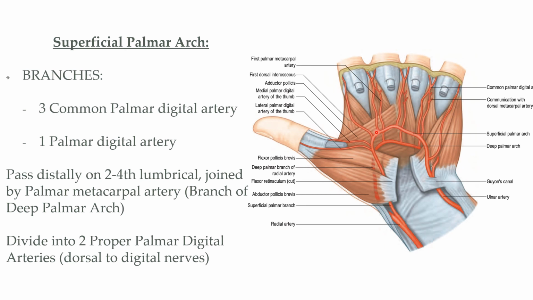Now this illustration is to show you the branches from superficial and deep palmar arch. This is superficial palmar arch. From the superficial palmar arch, this is common palmar digital artery, and this is deep palmar arch, partially seen, from which palmar metacarpal arteries are arising, and you can see these palmar metacarpal arteries uniting with the common palmar digital artery, and then after the palmar metacarpal arteries have united with the common palmar digital arteries, these common palmar digital arteries then bifurcate into its terminal branches.